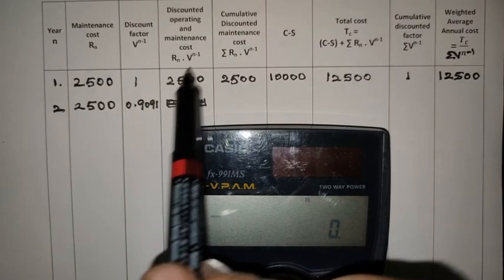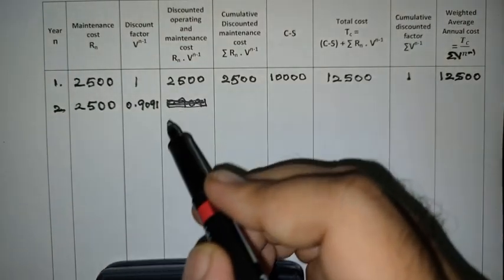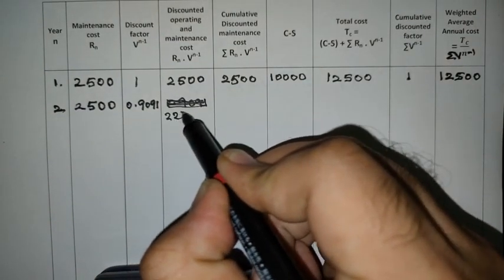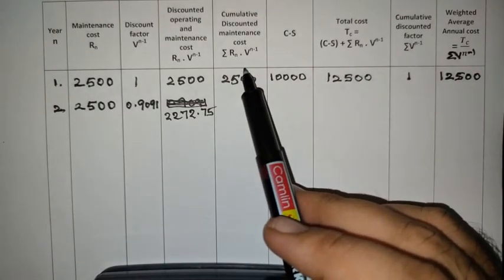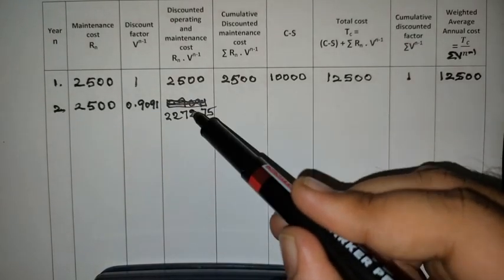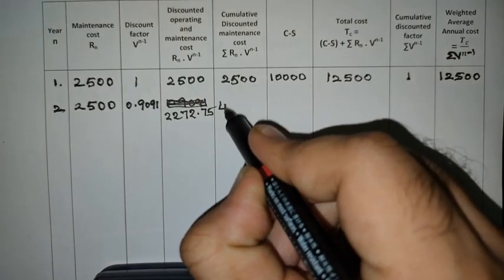Next, Rn into v power n minus 1 means multiply these two terms, 2500 into 0.9091. So we will get 2272.75. Write that thing. Next, sigma Rn into v power n minus 1 means add these two, 2500 plus 2272.75, you will get